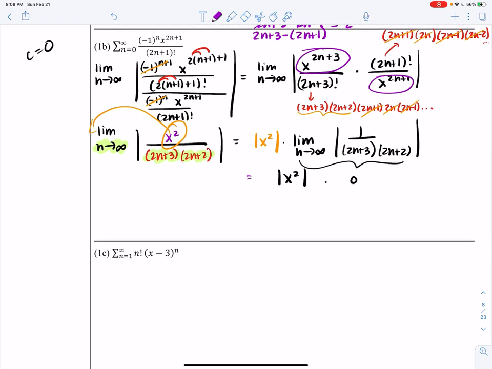Now, anything times 0, remember our goal is to find the values of x for which this thing converges. And this thing is going to converge anytime it is less than 1. We want to make it converge. That is the goal. We want to force this series to converge by making whatever values of x it has less than 1. But guys, anything times 0 is 0. And 0 is less than 1